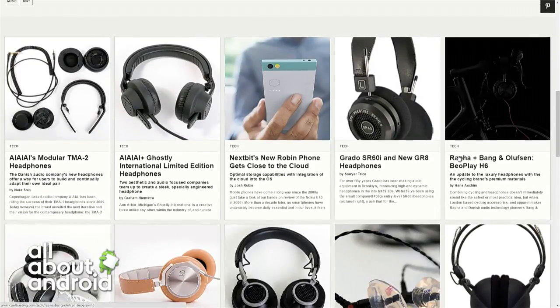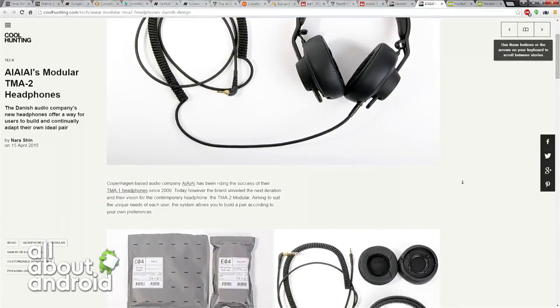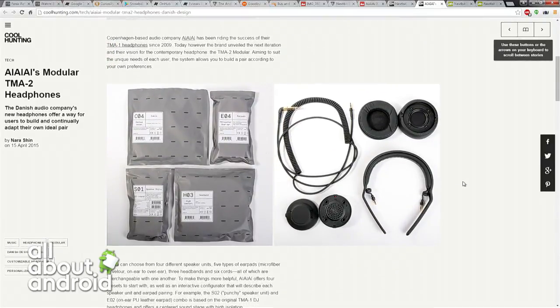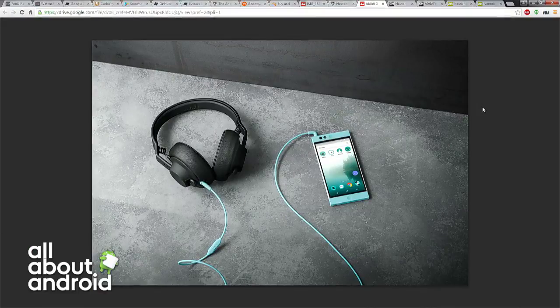Maybe we just take some earbuds, and we have these new headphones called the TMA2s, which allow people to customize their headphones. It felt natural, being an Android fan, with that idea that people can go in and choose what they want. They said, why don't you do a Nextbit curated version of their headphones and sell that on your website? So you can choose from the headband to the ear cups, whether over the ear or on ear, the speaker driver, and the cable. We did a custom cable to go along with that, but the rest is our configuration. You can buy it on our website, $225 US. And we're excited about it.